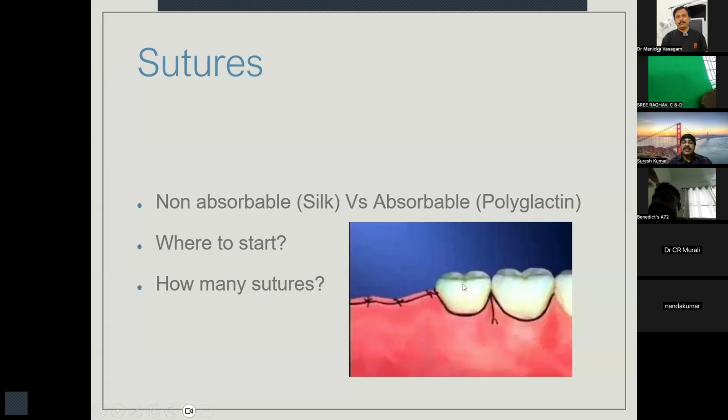For example, you see in this picture, this is the distal incision. We have made the first incision here, first suturing is here, second suture is here, close to the second molar. From here, we have to make sutures every 3 millimeters. So from here 3 millimeters another suture, 3 millimeters another suture. If there is still more incision left out, another 3 millimeters, one more suture should be done.